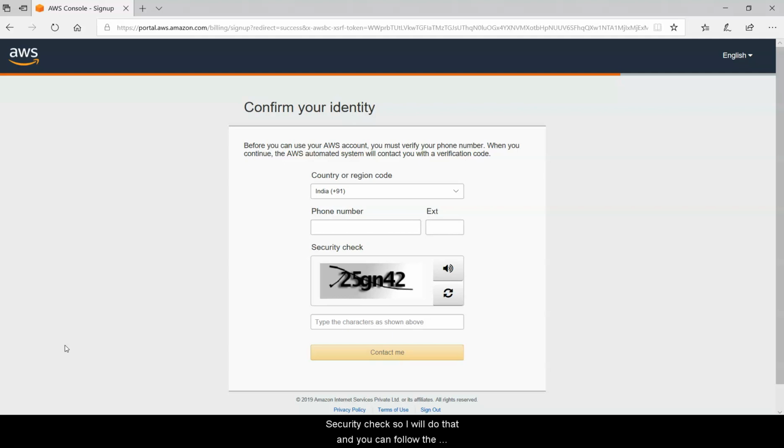So I will do that, and you can follow the steps as well on your screen and move on with this process. Once you click on contact me, you will get a live call from Amazon so that they can verify that the number that you have entered here belongs to you, and you will be all set after that. So fill in all this information as per your phone number and the security check on the screen and move on with this process.